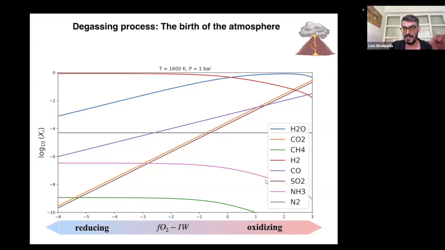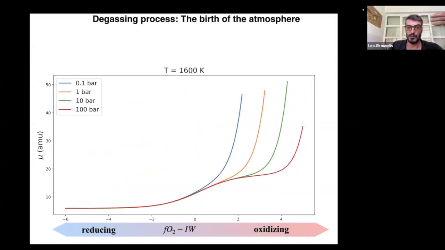I understand this might be confusing to you, so I'm going to redraw this same plot in a different way that you, as astrophysicists, maybe are more comfortable with. So here what I'm showing is the same. It's the redox state of the interior of the planet, and then on the y-axis I'm just showing you the mean molecular weight of the outgassed atmosphere, right? So this has very profound information here.